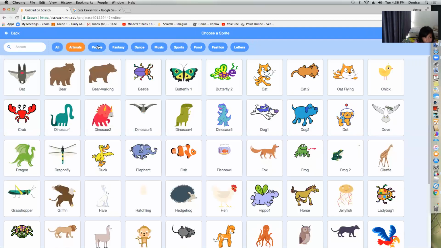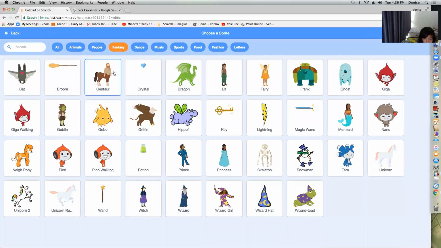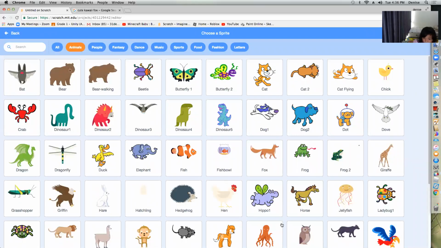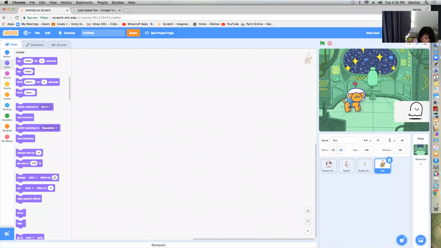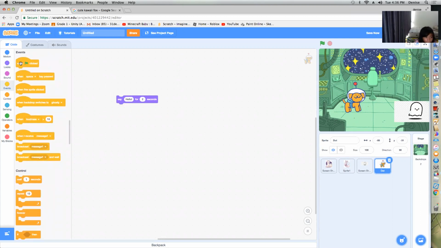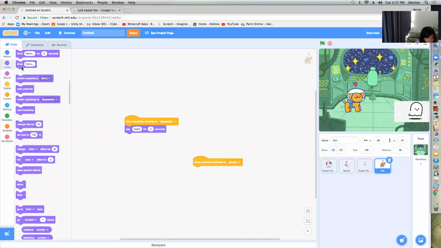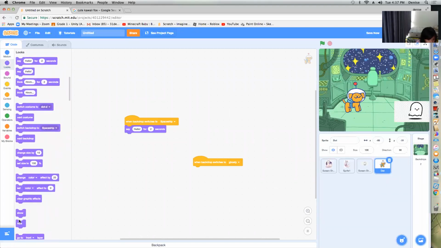They will meet. When backdrop switches to ghosty, hide.